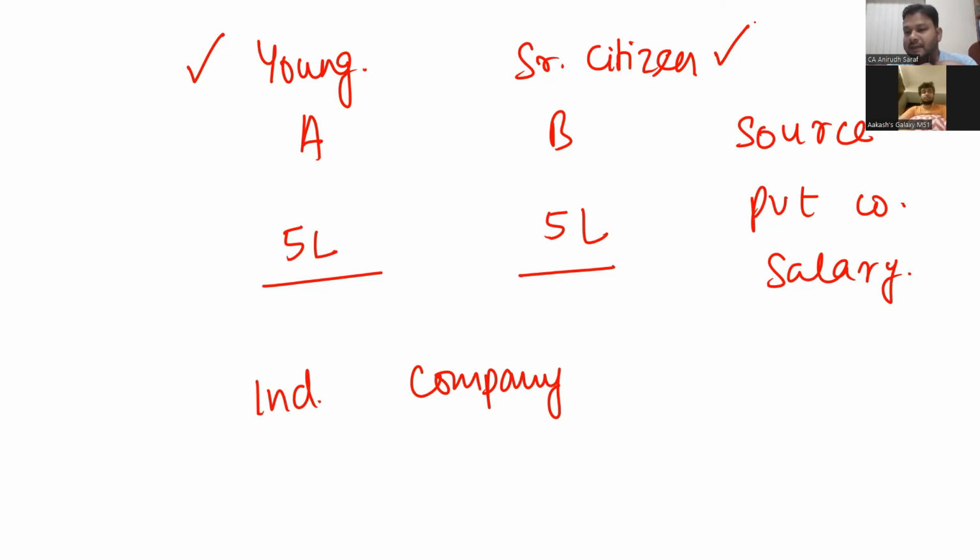It is not a concept, it is a law. Law means government has made these rules and we have to follow them. Why has it made these rules? Because income from agriculture is exempt. Why? Because we want to support the farmers. It is a policy of the government. Why a beneficial rate of tax for senior citizens? Why are they given this advantage? Because we want to support the senior citizens.